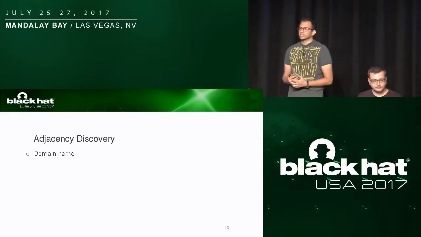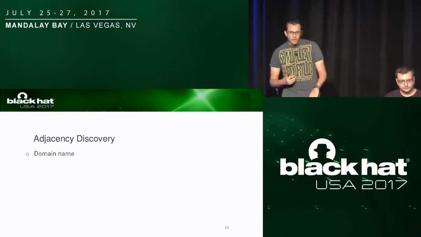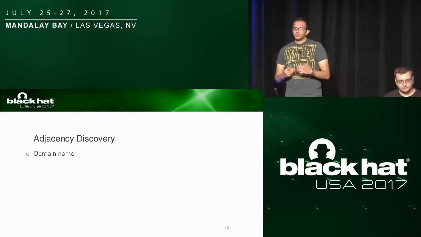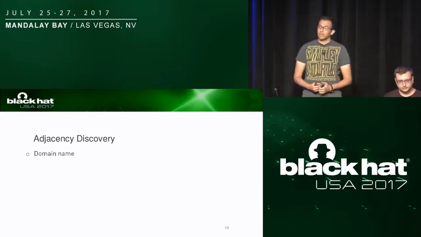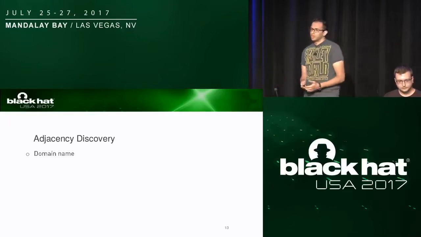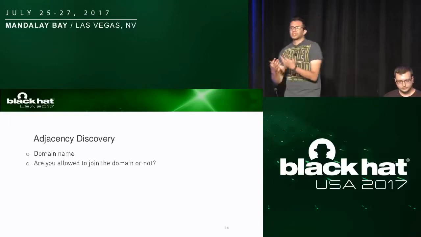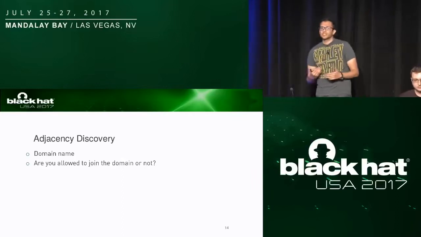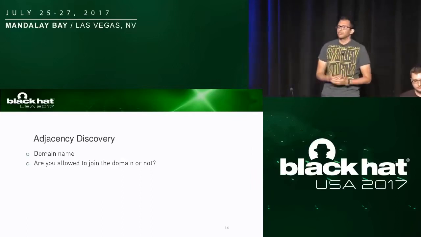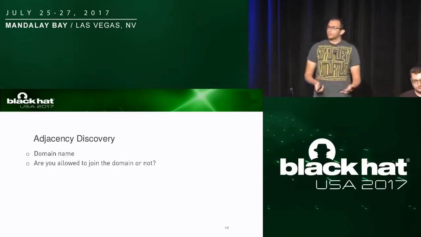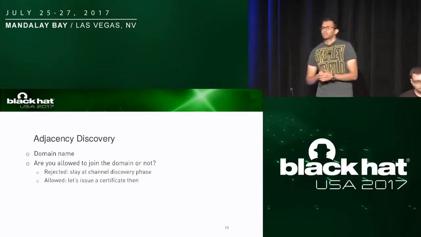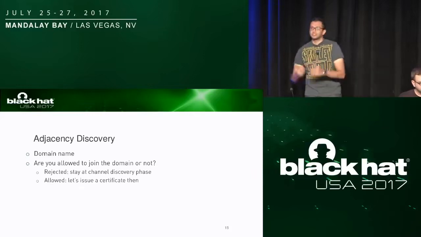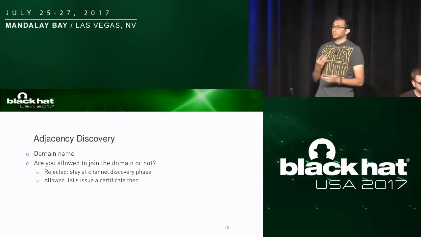After that, we go to the adjacency discovery. In this phase, the register starts by saying, well, I support this autonomic network, I support this domain, this is my network name, and would you like to join me or not? Because we are speaking about brand new devices, there is no configuration on them, so the register has a whitelist of the serial numbers of the devices allowed to join. If you are rejected, then sorry, we will just be neighbors on the layer 2 level.